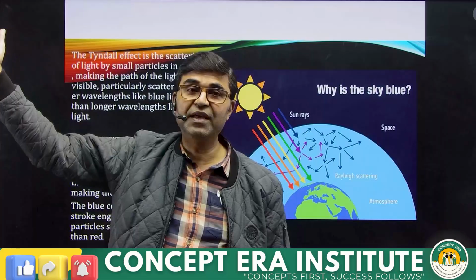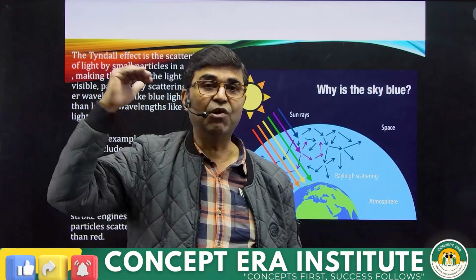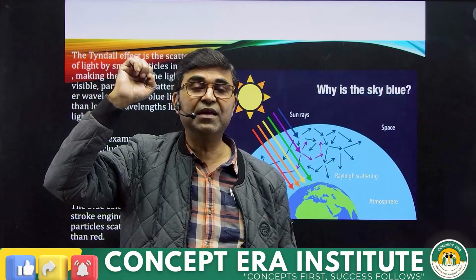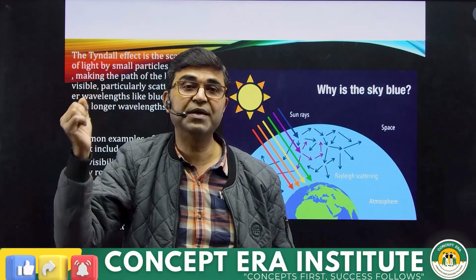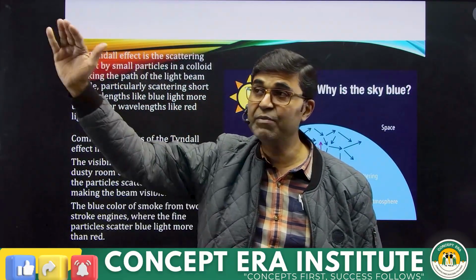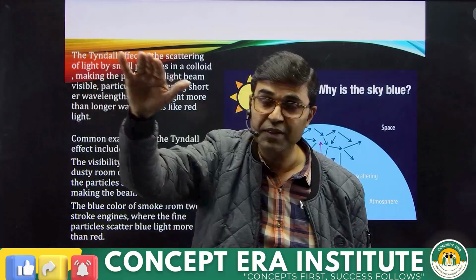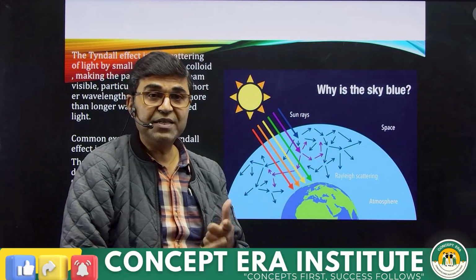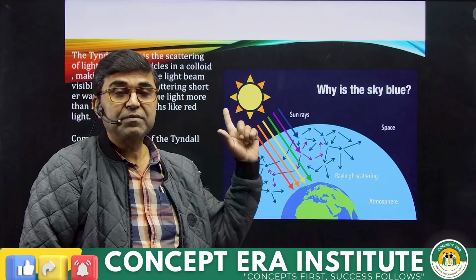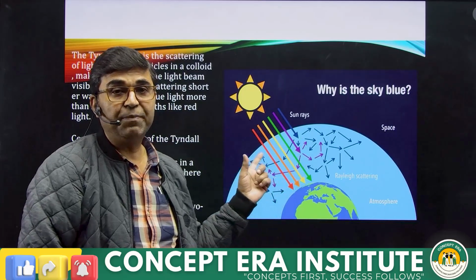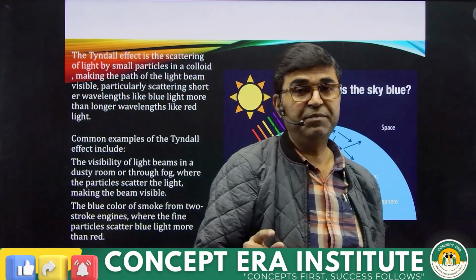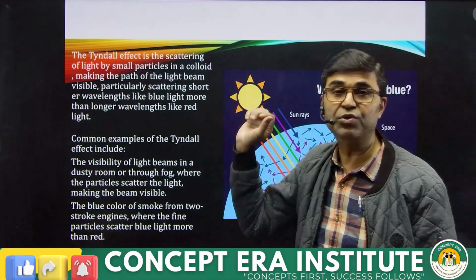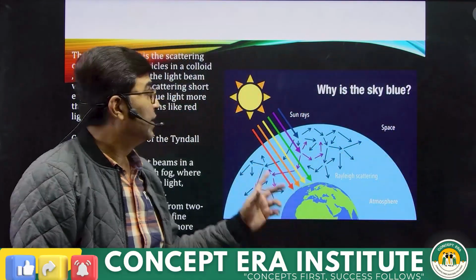Because when the light is passing through the air, it is also falling on the dust particles suspended in the air, and the light reflected by those dust particles reaches our eye, and we are able to perceive that this is the path that the light is taking. So when the path of the light is visible through a medium, due to the scattering of light by the suspended particles in the medium, it is called Tyndall effect, and this gives rise to an interesting phenomenon,